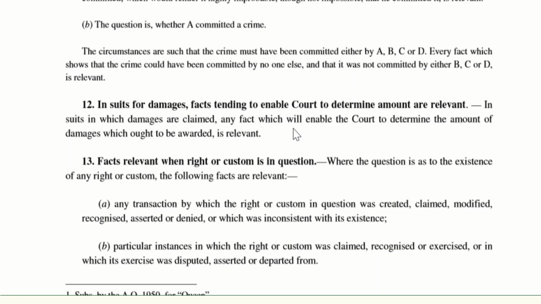She suffered severe injuries, burn injuries. So in that case, the court will determine how much the lady or the woman has suffered. So to that extent, damage will be determined. So that is what they are trying to say in this section. So what are all the facts which help the court to determine the damage which is caused, based on which the amount would be determined.